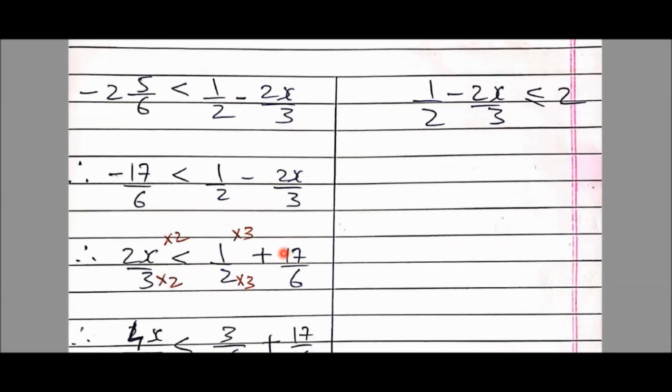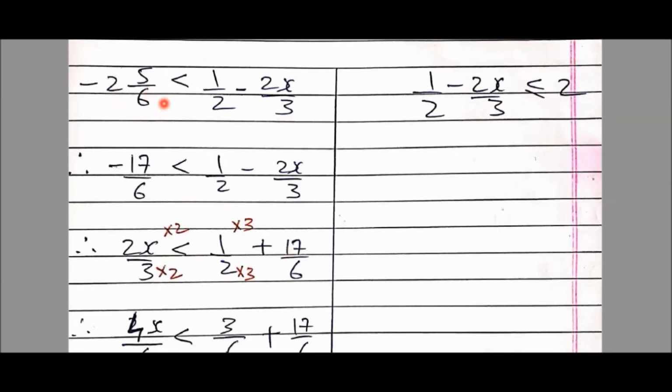Another reason for selecting this sum was that here I have a mixed fraction and a minus sign. You know what happens? The majority of students multiply this: 6 into minus 2, they say minus 12. And minus 12 plus 5 is how much? When you calculate it, it becomes minus 7. But it will be wrong. The answer is minus 17. Why? While calculating, you will not consider this minus sign. So 6 twos are 12, 12 plus 5 is 17. Now you will consider the minus. So minus 17 upon 6.